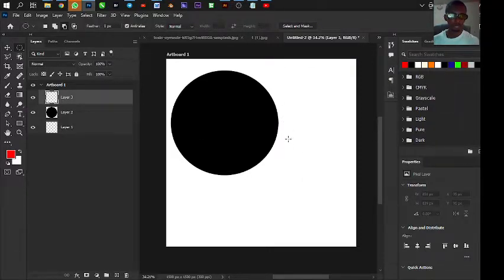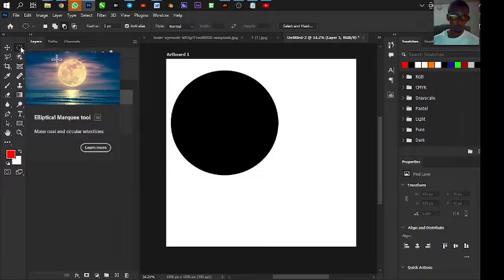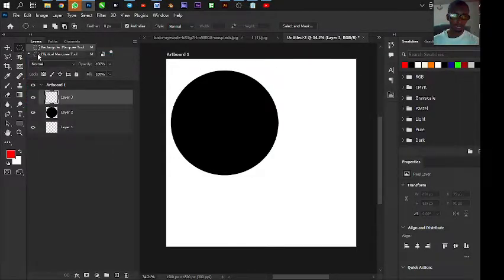Once you have selected it before, I mean, if it's the last tool you used under that category, once you press M, it becomes the first thing that shows up. So take note of that. But when you need the rectangle, once you just press M, you need to press Shift M to go back to it. So let's draw an elliptical marquee tool here on this layer 3, and this time around I'm going to put feather